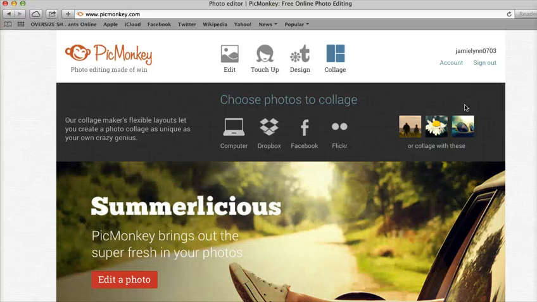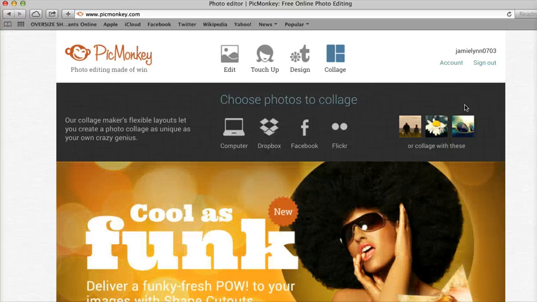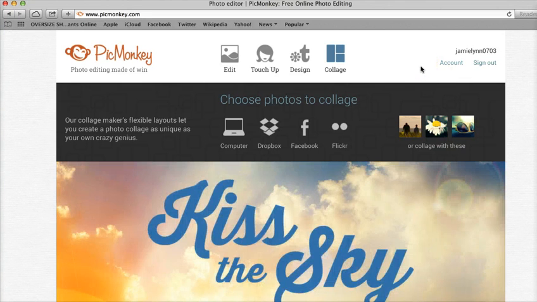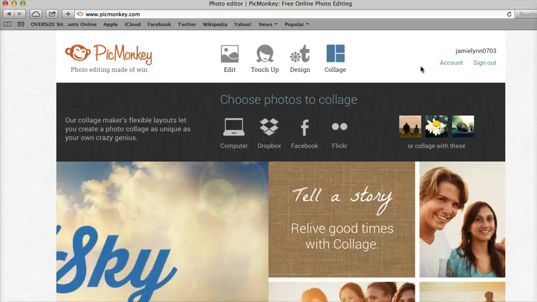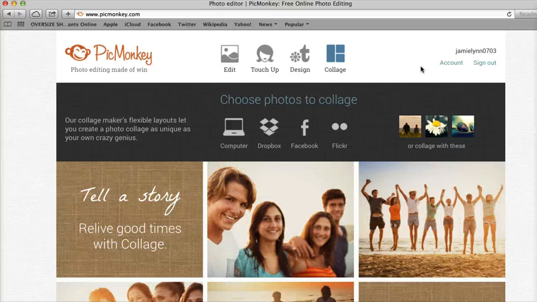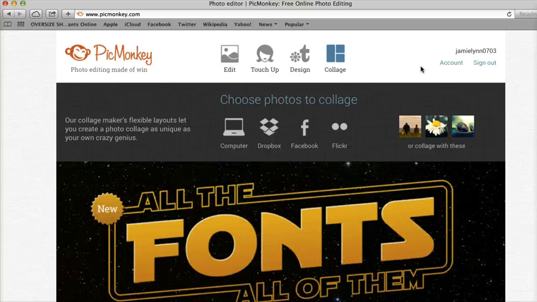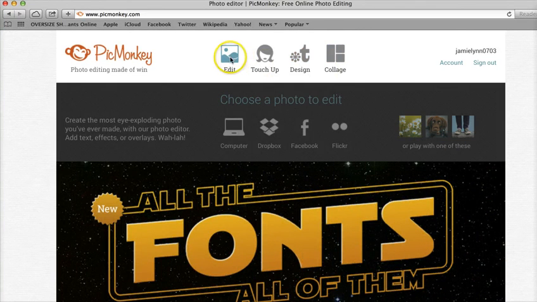It's super cheap. I want to say it's either 10, 15, or $20 for the entire year, but it unlocks so much. So I recommend it. But in the meantime, until you decide to upgrade, if you just want to use the basics, certainly go ahead and do that. So what I do is I'm going to click on edit,